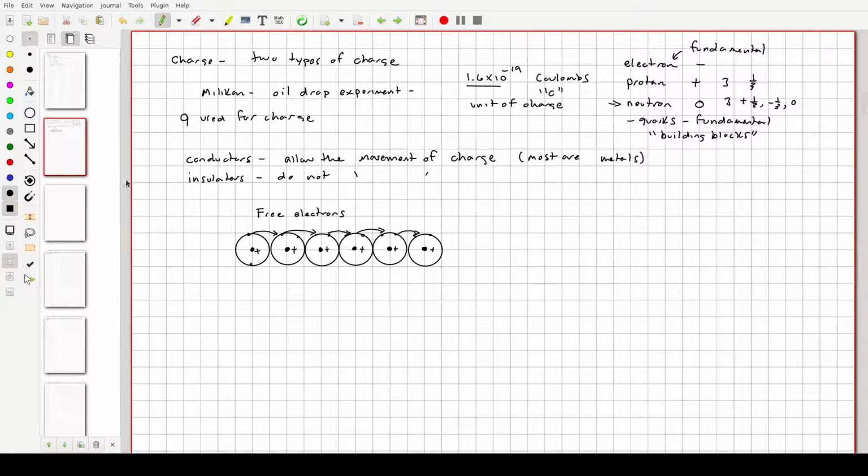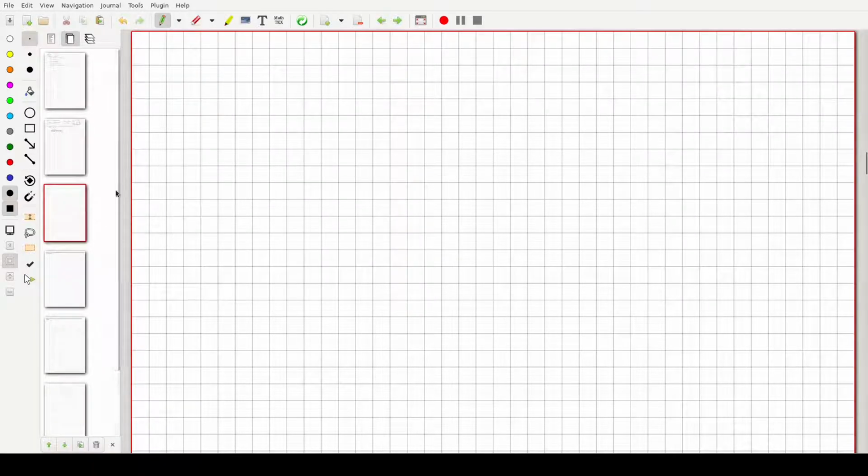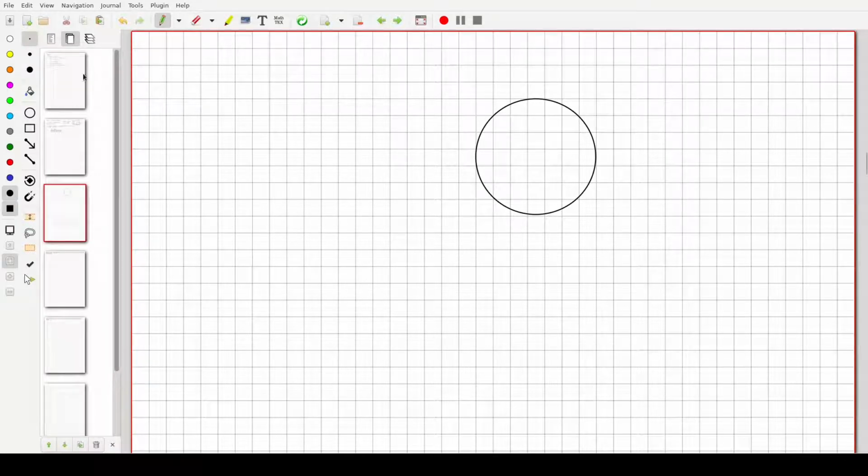Now, so that said, I want you to think of an experiment here. What we're going to do is take a piece of cork, perhaps, and what I'm going to do is take something that has a positive charge. Now, how do you get a positive charge on something? Well, for example,